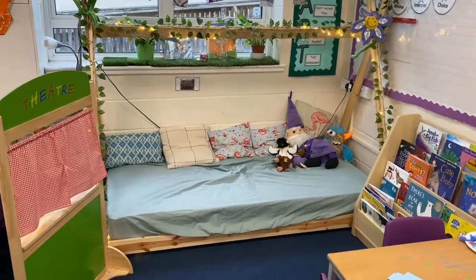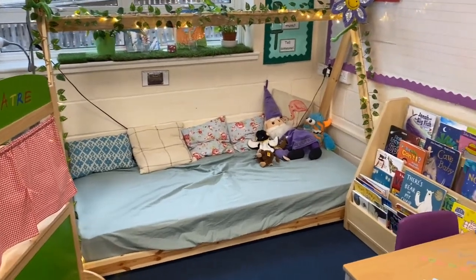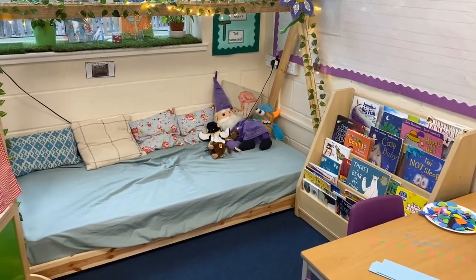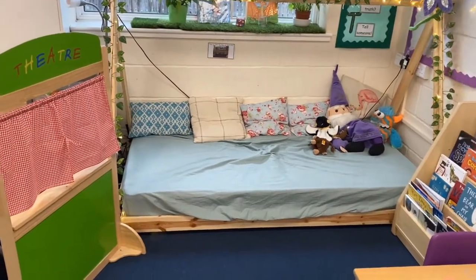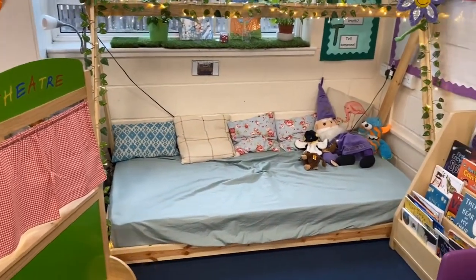In Purple Class, we have different learning zones. This here is our reading garden where children can come and choose their own reading material, whether that be a book, it could be fiction, it could be non-fiction, or even reading a book on Bug Club. We also have different puppets and a puppet theatre which they might want to reenact one of the stories